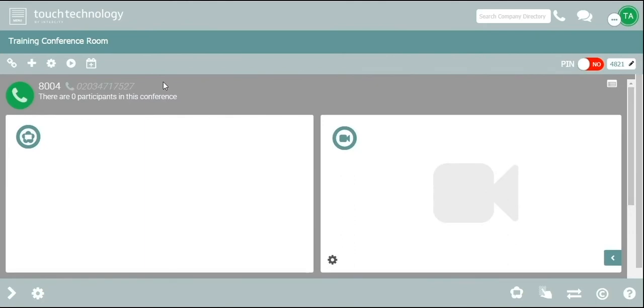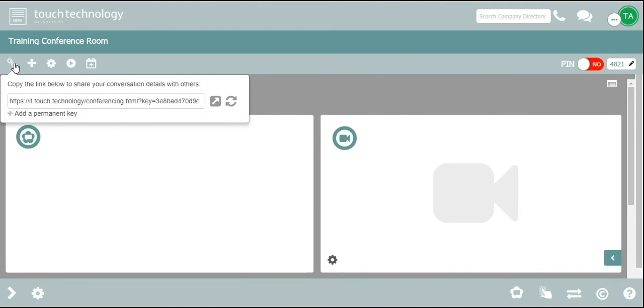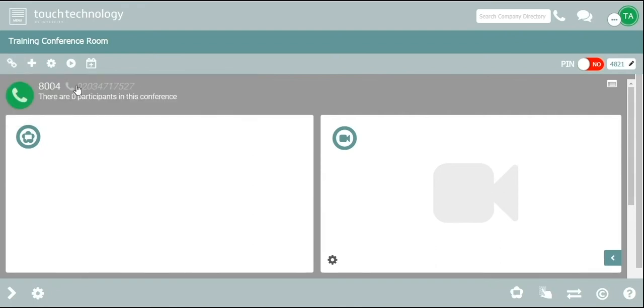Along the top, we have various options, one of which is the ability to send a URL link to anybody, anywhere, either internal or third party, to view your conference room. This link here can be put into any browser, and once it has been put into a browser, the end user from either internal or third party will be presented with the same view we see here. That means they can see your audio dialing details, they can choose the dialing using the inbuilt WebRTC client,